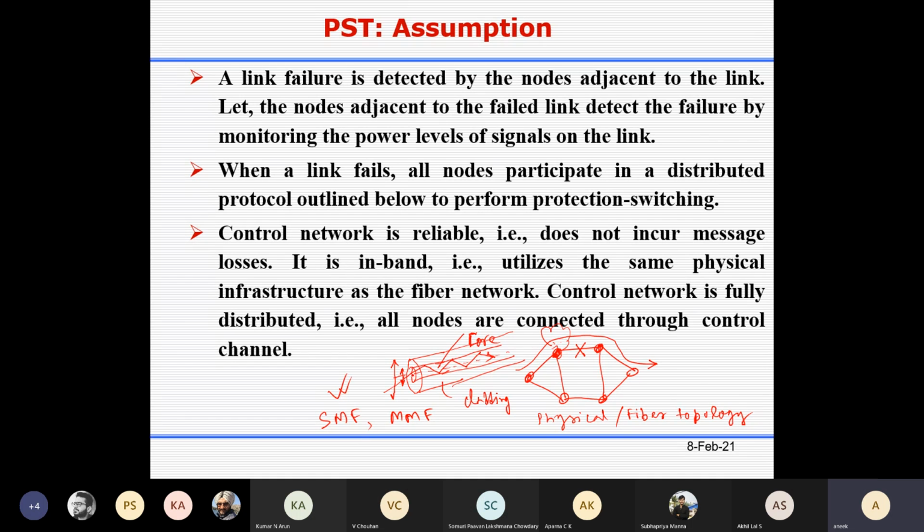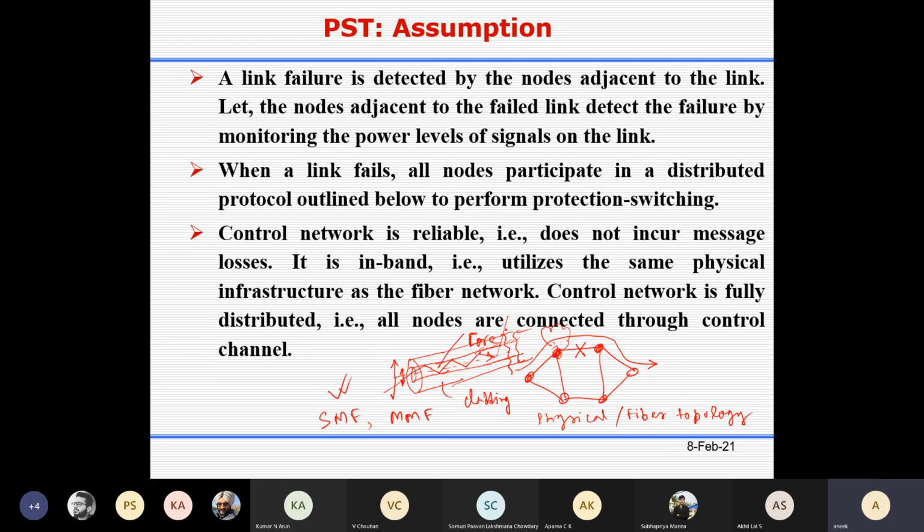Our objective is to confine the signal power within this core, but some power also comes into the cladding portion and dissipates. If you cut the fiber, both core and cladding are cut, so the signal power will not come through. If there is a cut here, and this is another segment, there will be some misalignment. The signal will dissipate; it should be confined within the core, but it will not be.